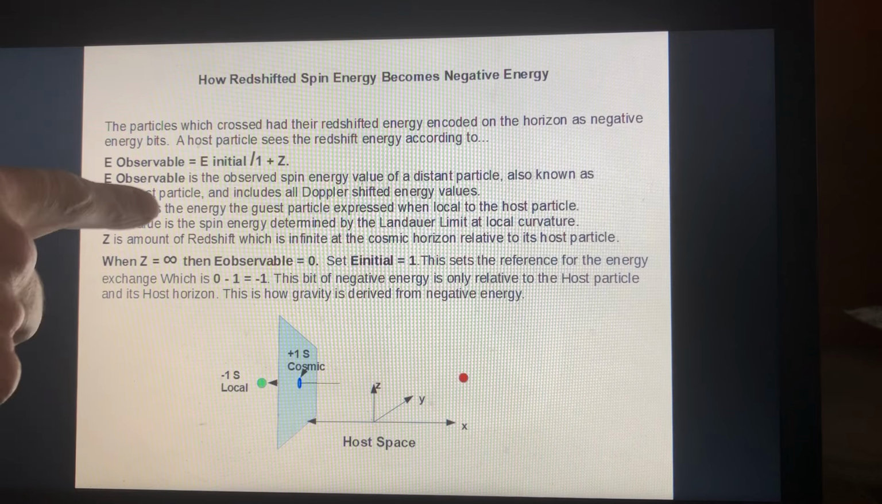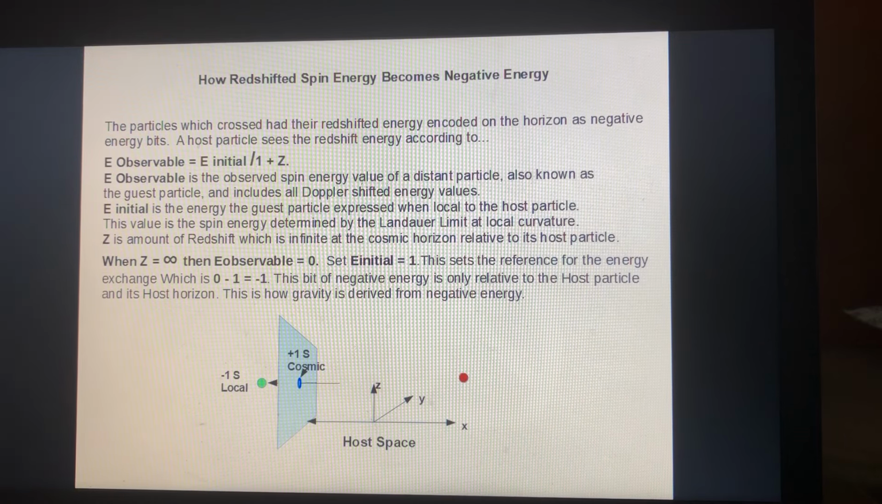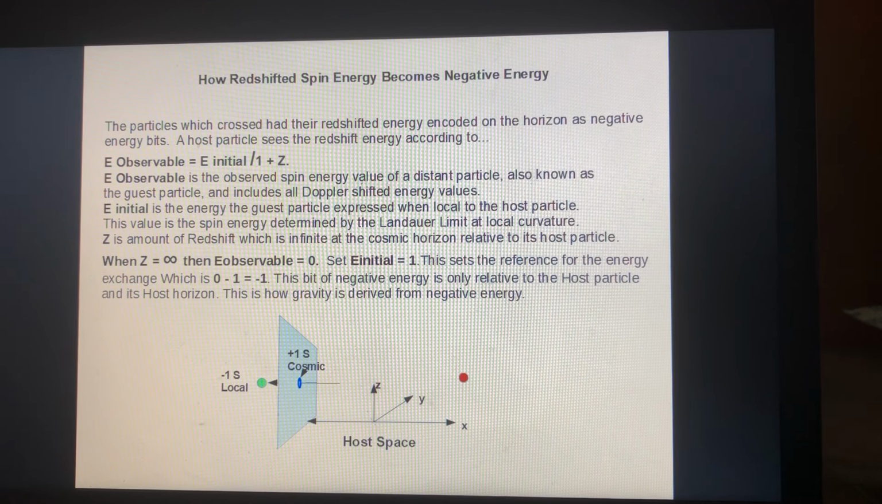So here we talk about it some more. E observable is the observed spin energy value. The distant particle, also known as the guest particle, includes all Doppler shifted energy values. E initial is the energy of the guest particle expressed when local to the host particle. This value is the spin energy determined by the Landauer limit at the local curvature, and we saw that in my gravity video. Z is the amount of redshift, which is infinite at the cosmic horizon relative to its host